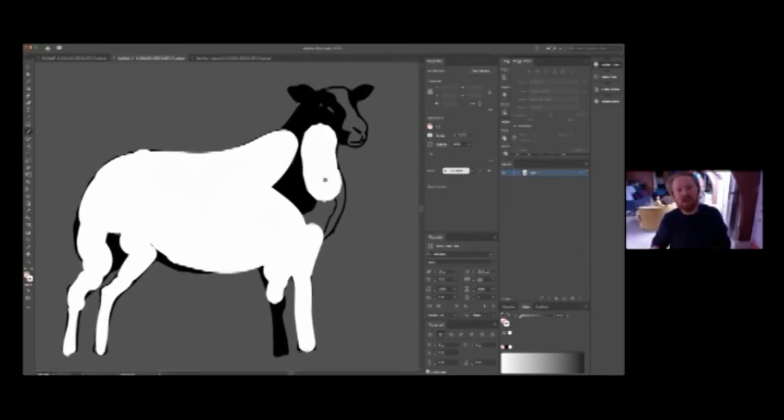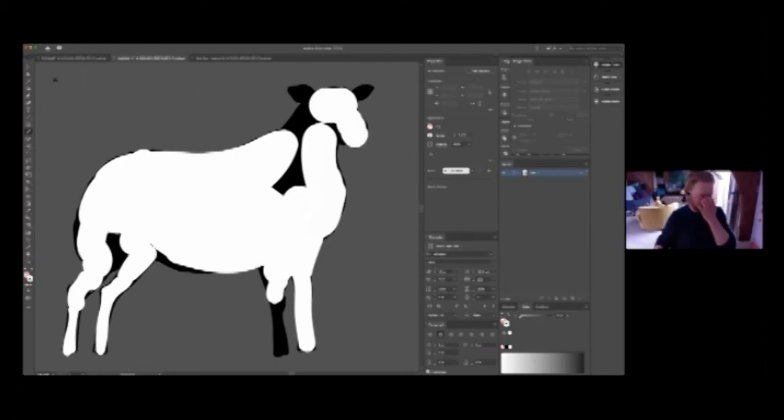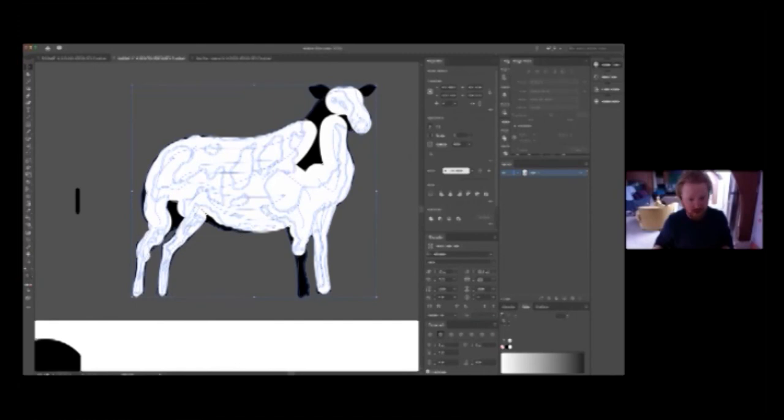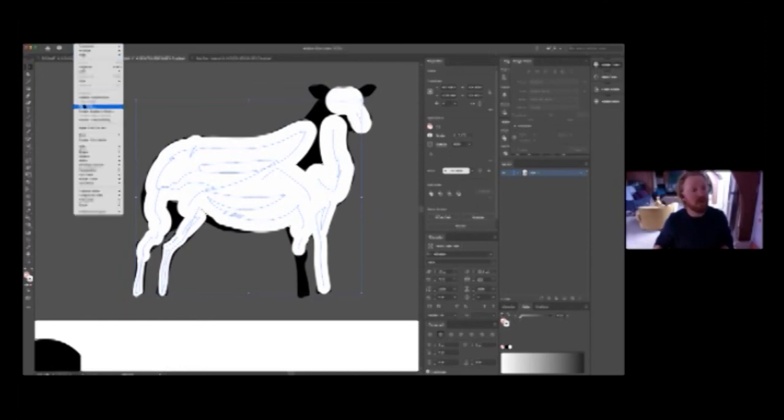Sheep's eyes are really weird. I don't know if you've looked closely into a sheep's eye, but it's quite a difficult thing to illustrate. Yeah, they've got really weird eyes. So I'm not sure I've quite got the eyes right yet. We'll see what the client says, because I've not actually gone back to her with the revised version. So we shall see. Right, so I'm just going to flatten